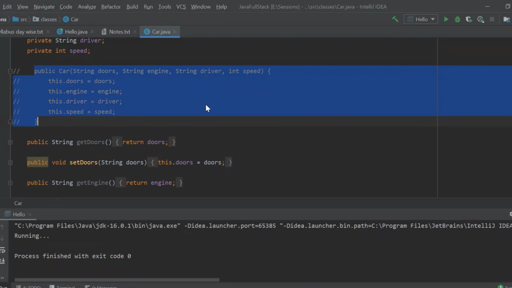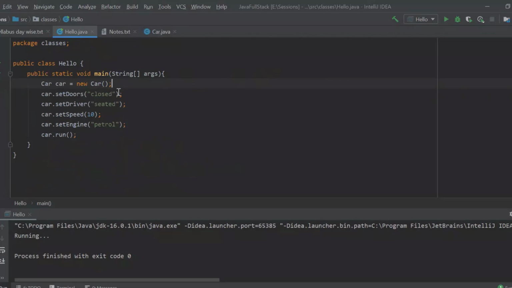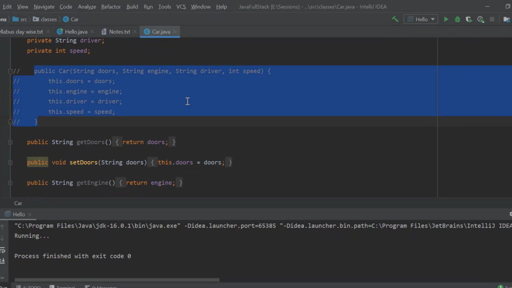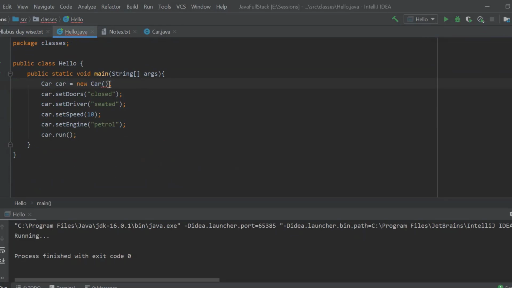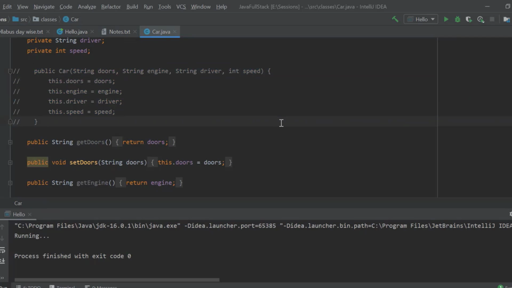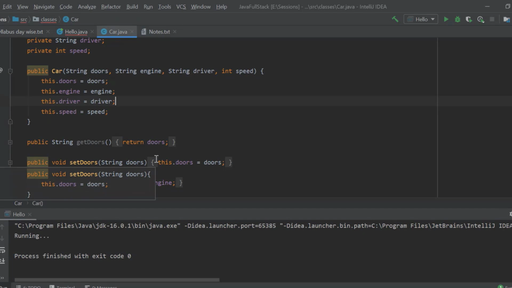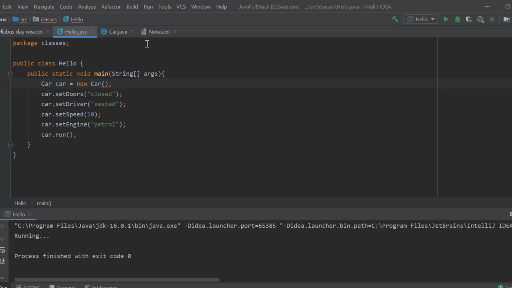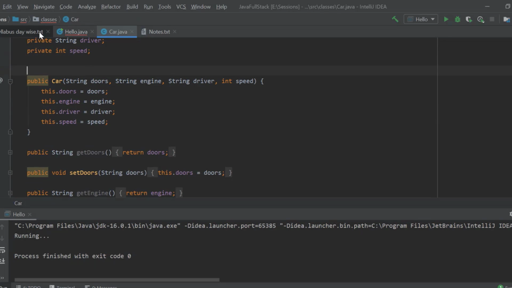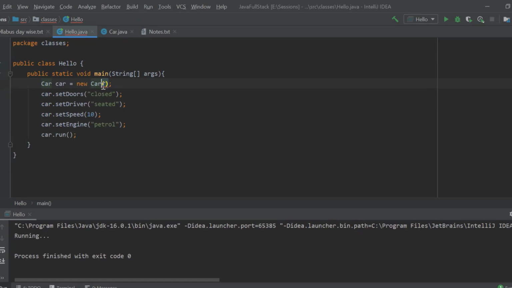I'll uncomment this. I'll comment this. Now, if you see over here, there is no error. Only when I remove the comment lines over here, you will get an error over here. The reason why that is happening is Java has one awesome rule. The rule is either you do it or else I'll do it. So here, what did I do? I created a parameterized constructor and it is throwing me an error, telling that you also must declare something called a default constructor or else you must give some parameters over here.